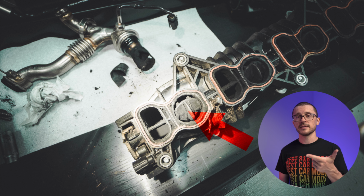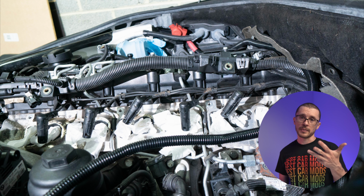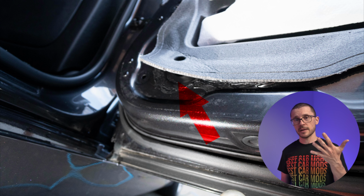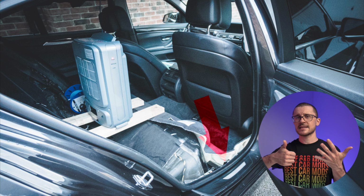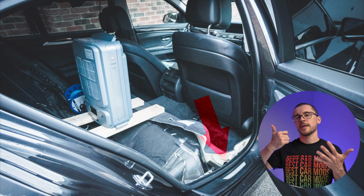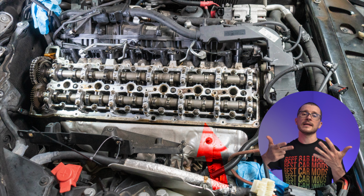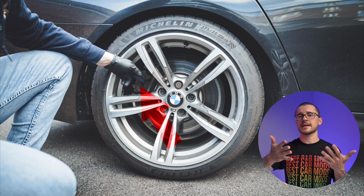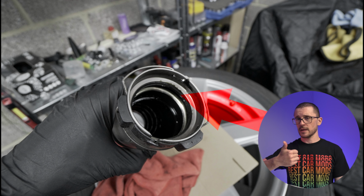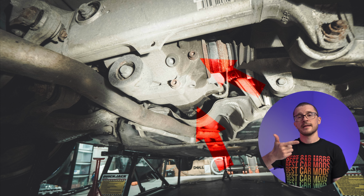We start with the dash being noisy, the intake building up a lot of soot, the glow plug control module failing, the glow plugs themselves failing, the door membrane leaking water inside of the vehicle, a strange oily plasticky smell inside of the vehicle, the oil filter cooler gasket leaking, the top rocker cover leaking oil, the lower front control arms failing, the rear brake pads seizing, the green quick connectors having to be replaced, the differential oil being leaked